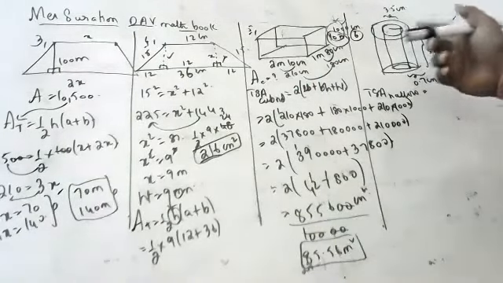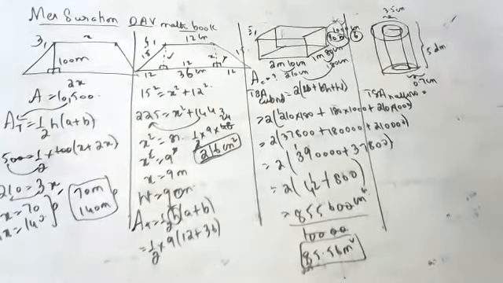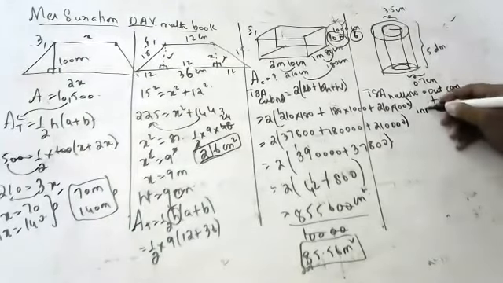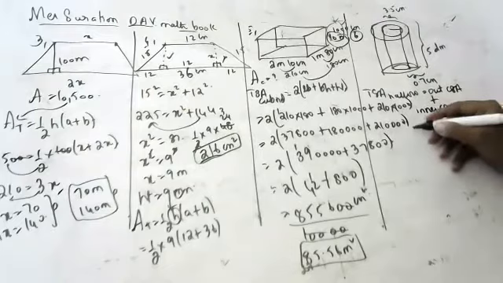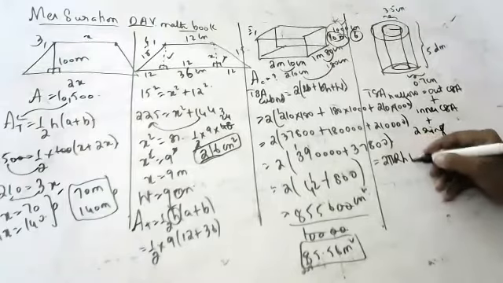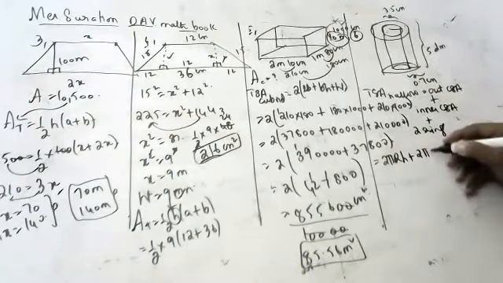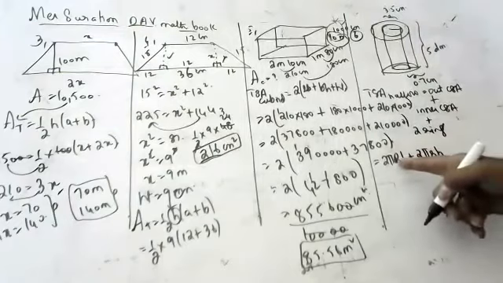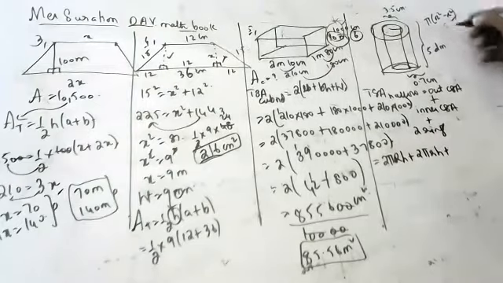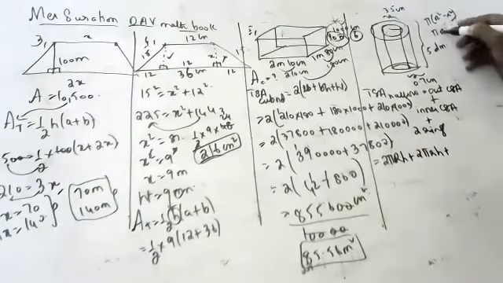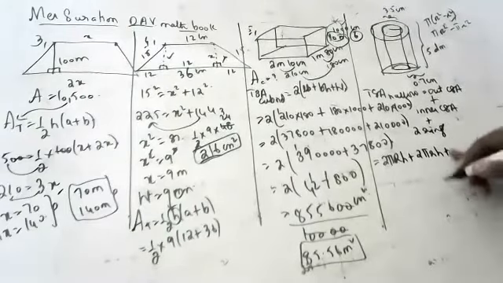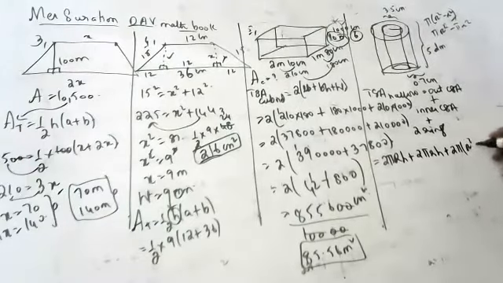So, children, what is the formula for TSA of hollow cylinder? I told you now only. Anyone? Outer CSA plus inner CSA plus area of 2 rings. Outer CSA formula is 2 pi R H plus 2 pi small r H. Height is same. Big radius is outer, small radius is inner. And one ring is pi big R square minus small r square, big circle minus small circle. So 2 circles are there: 2 pi big R square minus small r square.